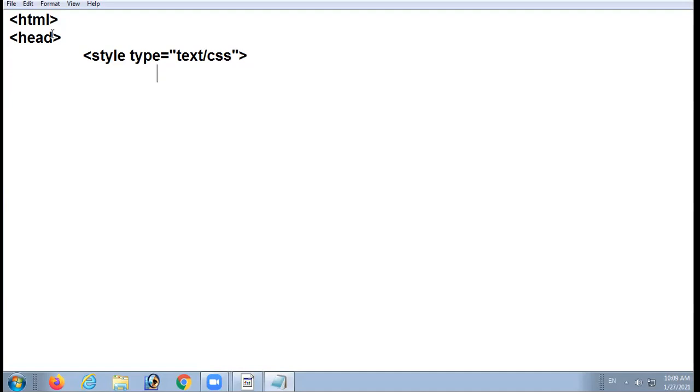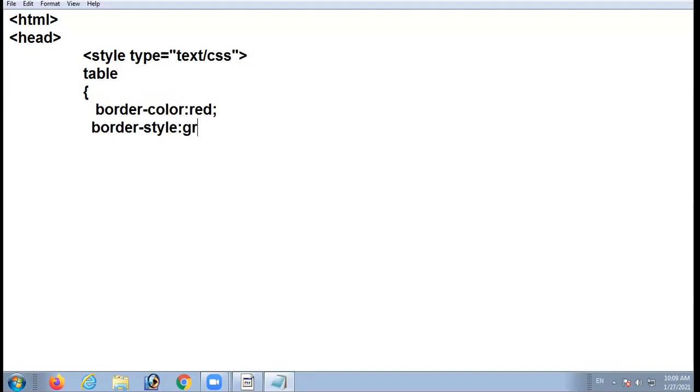Right? I want to format the table. Now the properties I have to apply on the table: I am applying border color red, semicolon, then border style. You have 8 styles, you can take any style.